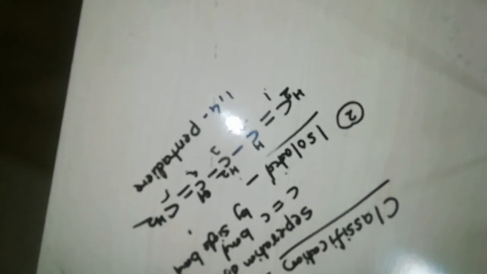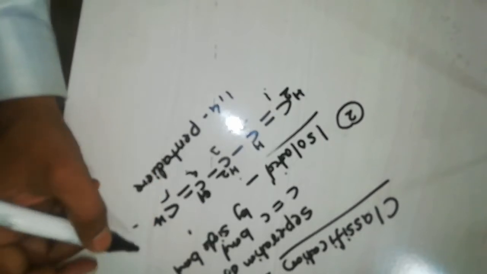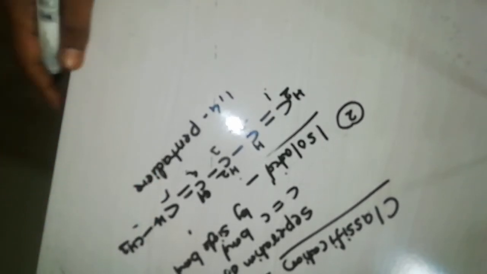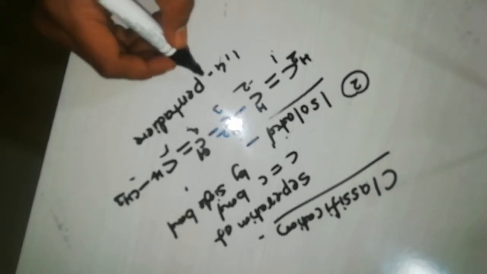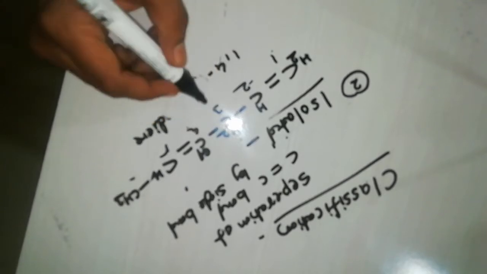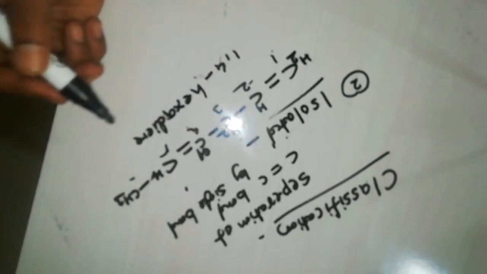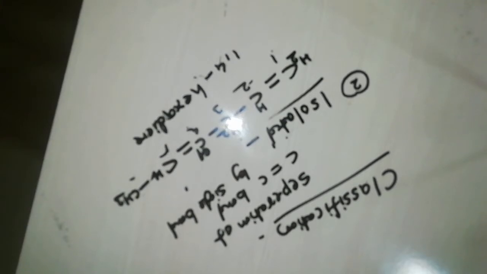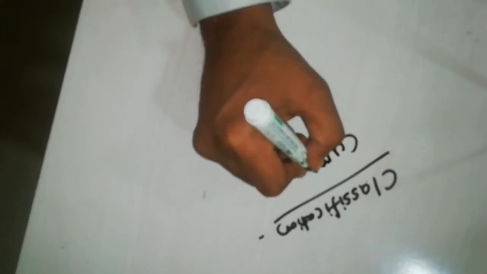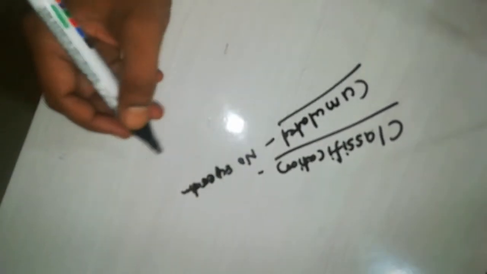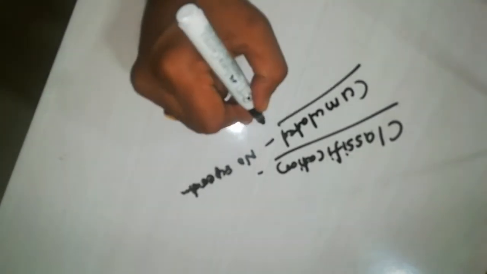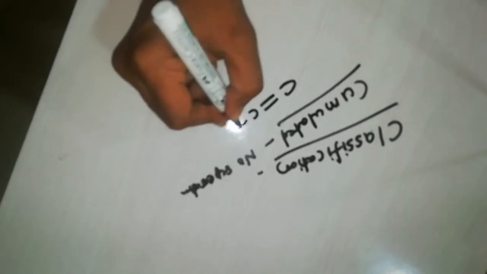This is how you can understand. If you put one more carbon here, replacing one of the hydrogens, then this particular compound would be 1,4-hexadiene instead of pentadiene. So these are the two types of diene. The third type of diene is cumulated. Cumulated means no separation, the carbon-carbon double bonds are adjacent to each other. So you can have a system like this.